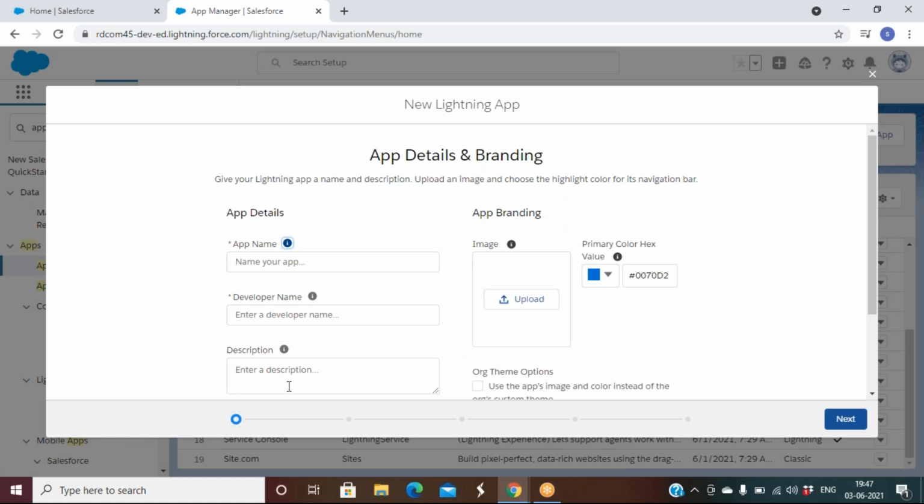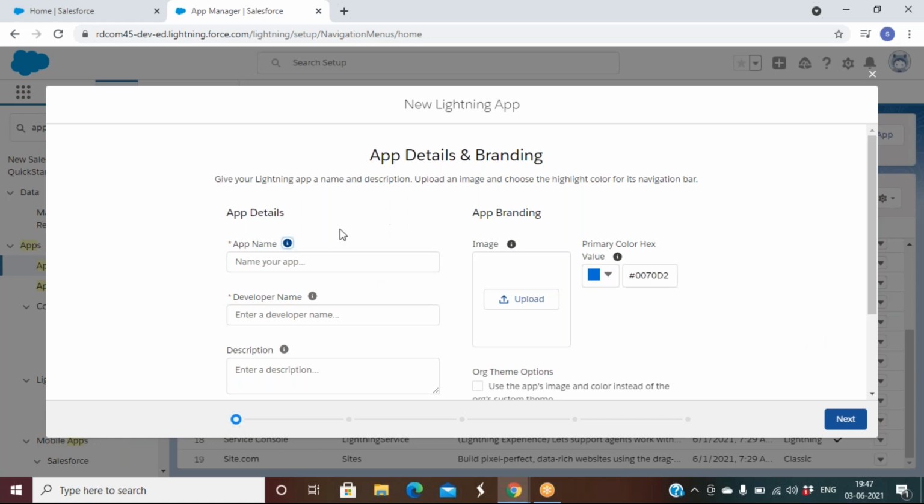It has a wizard. See, it has a couple of steps. In each step we have to give the inputs. Then finally, if I click save, the platform will take care of creating the app. So don't bother about what exactly is happening in the backend, because we don't have any access to the backend, how the product works, but we have front end access, nothing but an admin. So just follow the steps and click save in the last, then the app will get created.